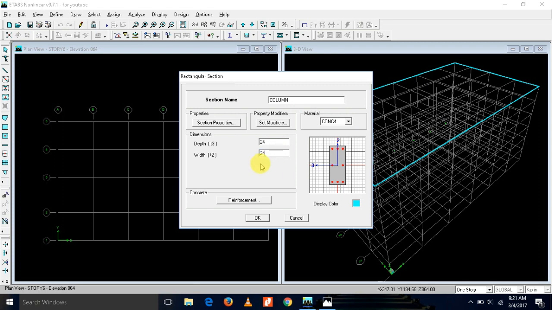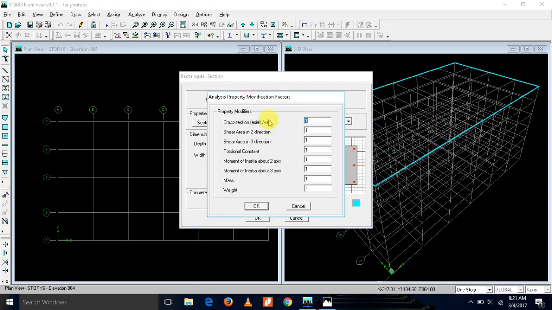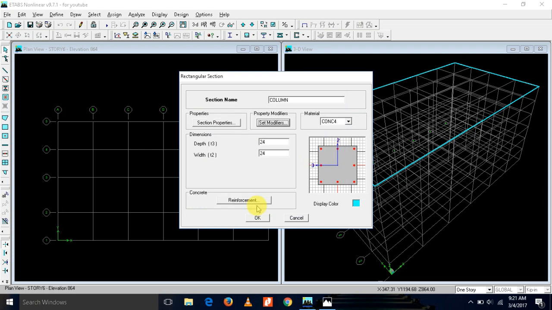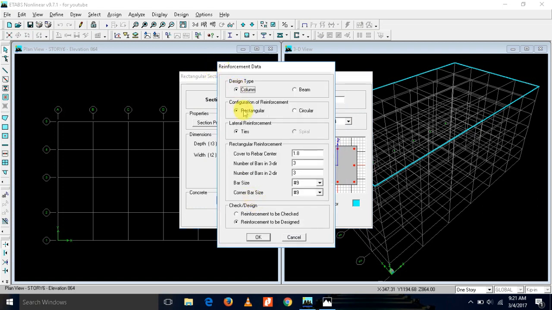Set modifier. For modifiers you just have to change the moments. For moment the modifier are 0.75 and 0.75. Reinforcement, column, rectangular, ties. Okay, that's it. You don't have to change the bar number. You change the bar numbers when you have to check a structure or you have to analyze. You are going to design, so reinforcement to be designed must be checked. Okay,